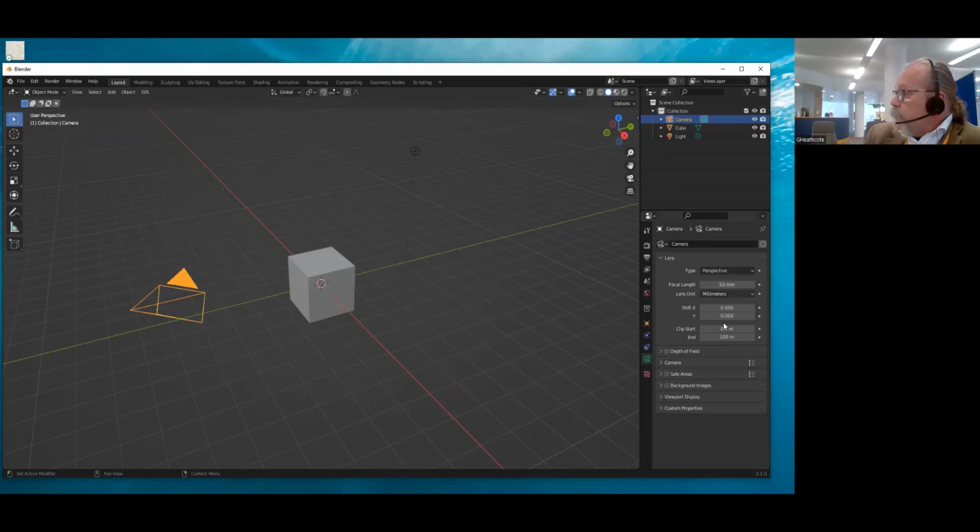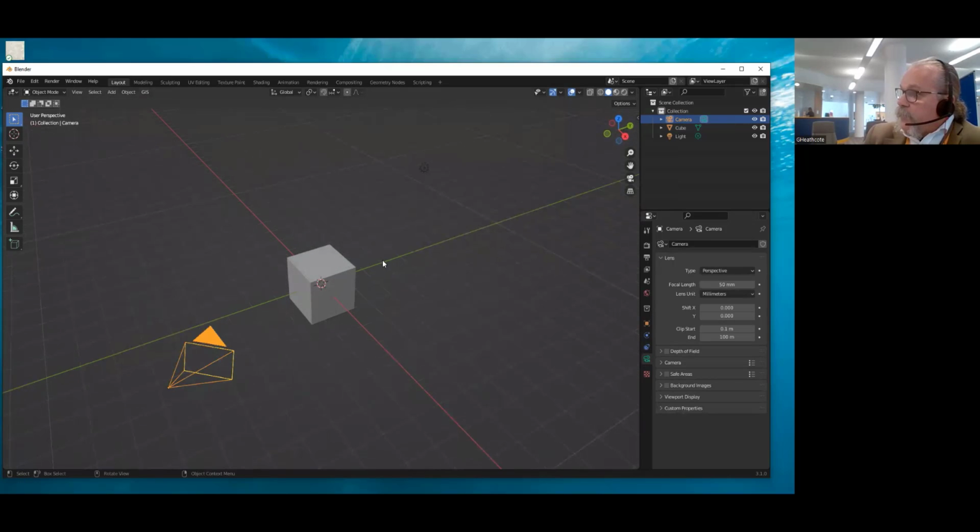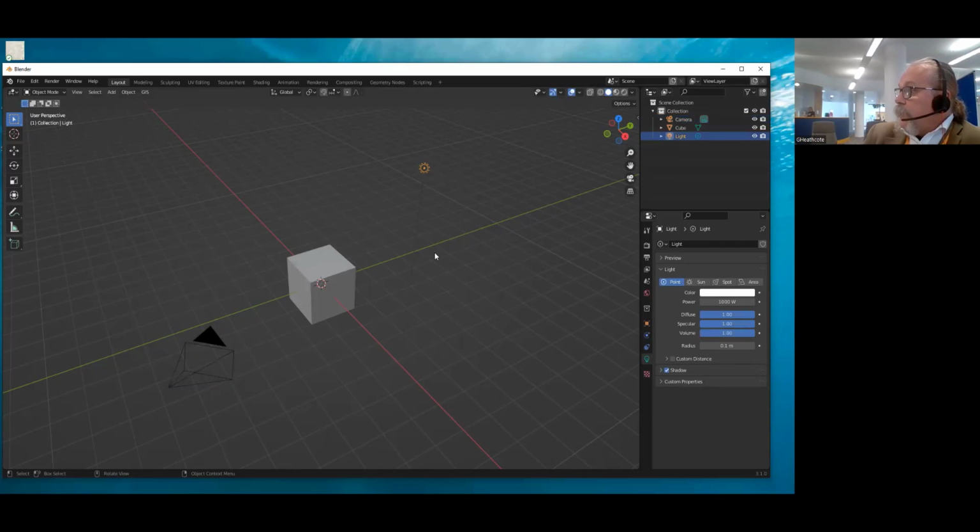Sort of, there we go, focal length and things like that. So you can set all that up as you need. But as with real life, cameras need light in order for them to be very effective. And so this last little thing here, that's a light object. This one's a spotlight. No, this is a point light. Sorry, wrong word there. It works like a light bulb, and you can set